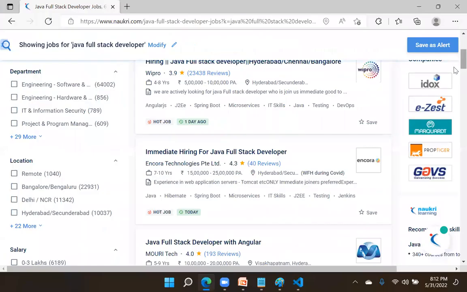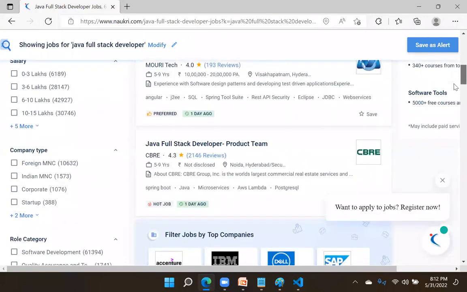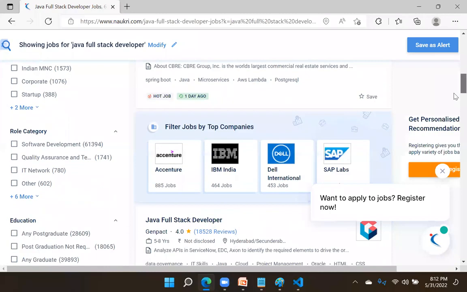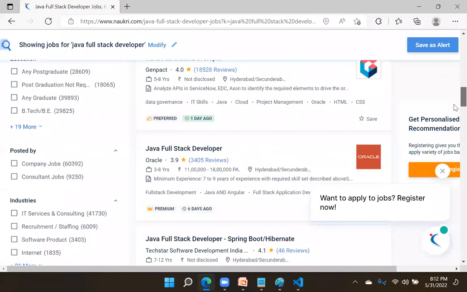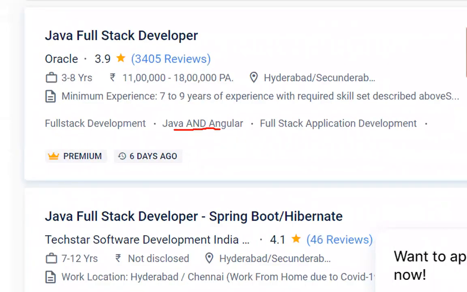AngularJS is old, Angular is new actually. That means in some Java requirements, you see a lot of requirements here. So Java and Angular, they're asking for Java and Angular. This is Oracle. Oracle is asking for a Java developer. And they want it with Angular.